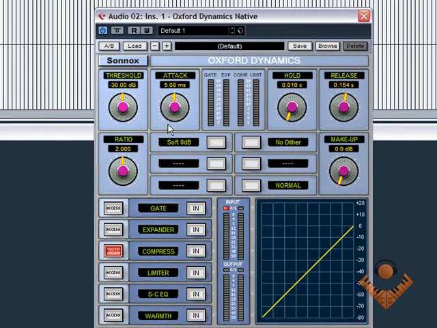Now, what the attack does, the attack time dictates how quickly the compressor starts working after the signal goes through the threshold. So once the signal goes above -30 decibels, the attack tells the compressor how quickly it should start to compress when the signal breaches the -30 dB. So if we press play and add the compressor,